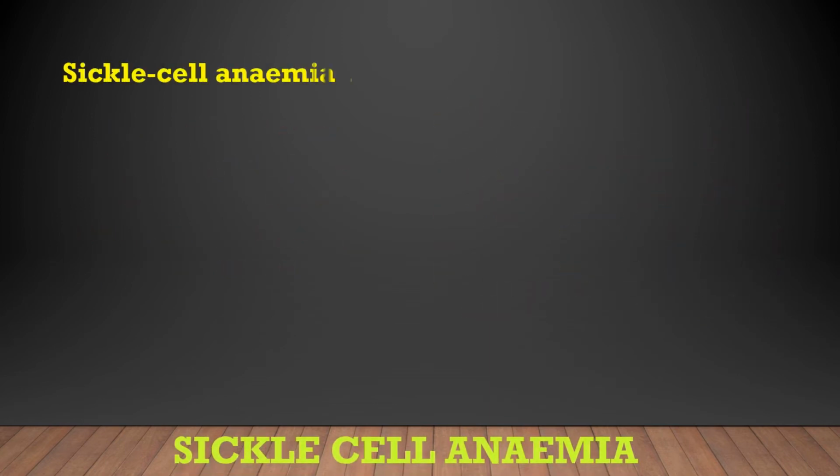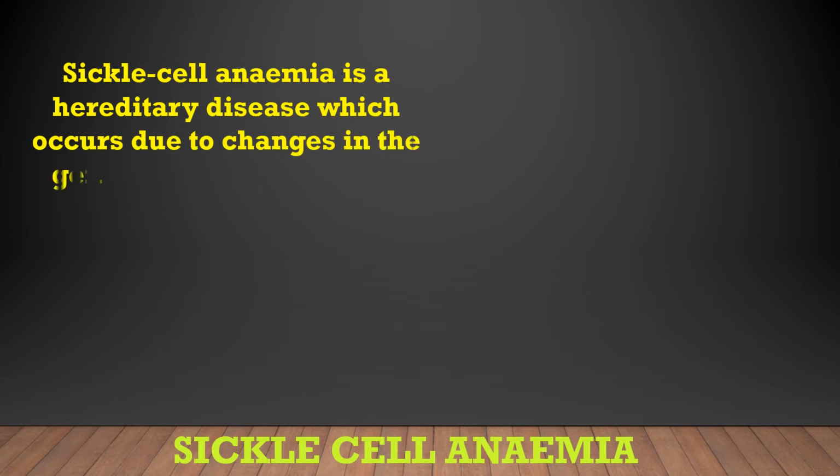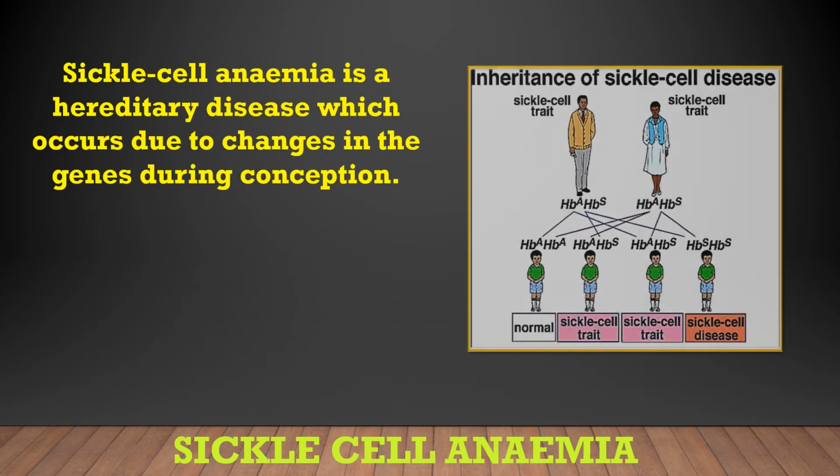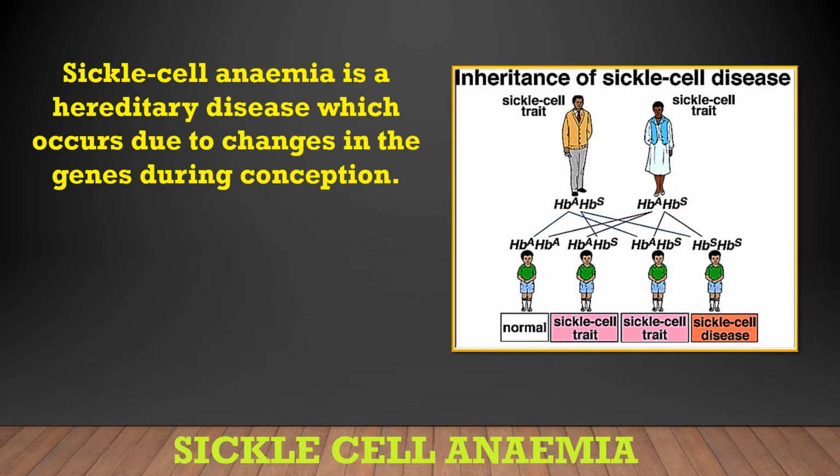Sickle cell anemia is a hereditary disease which occurs due to changes in the genes during conception, when the child is just being formed. At that time, there could be some change in the genes and the child gets sickle cell anemia. If you can see in this picture, if the father and mother both carry the trait of sickle